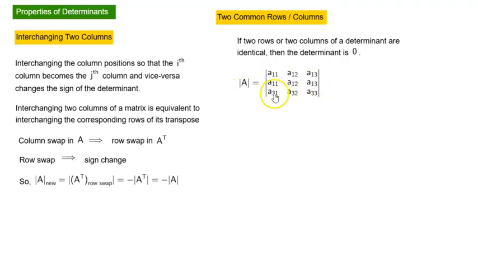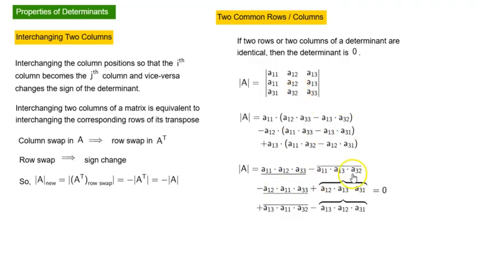So, let's take a 3 by 3 matrix and look at its determinant. Evaluating it, we get this. Here you notice that in the matrix whose determinant we have taken, two rows are identical: A11, A12, A13, A11, A12, A13. When we evaluate it, you will notice that three terms and three terms cancel out, leaving us with